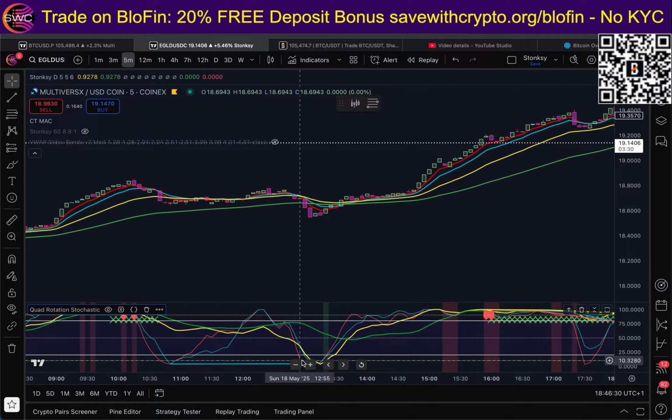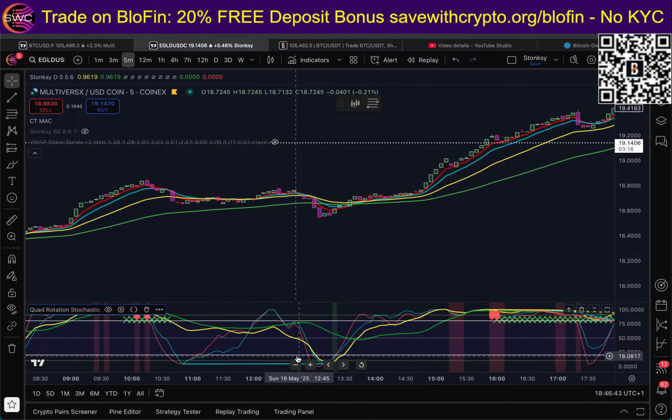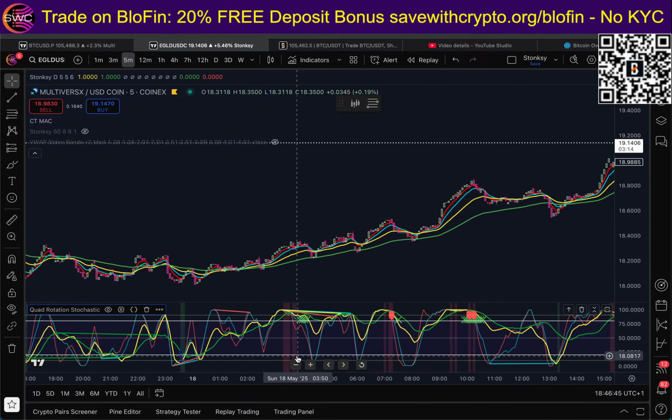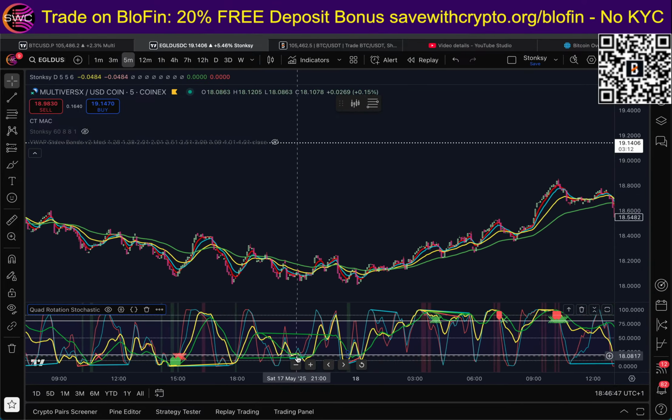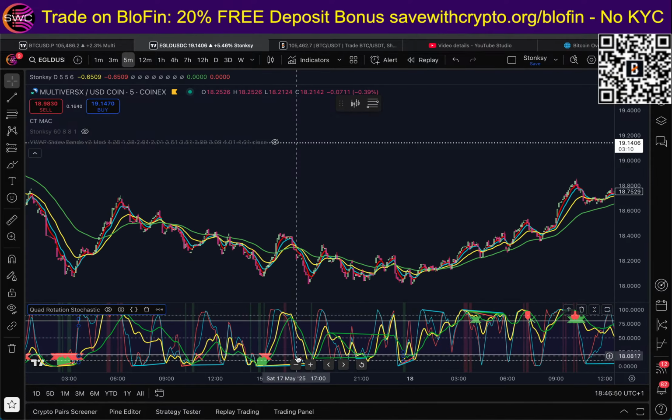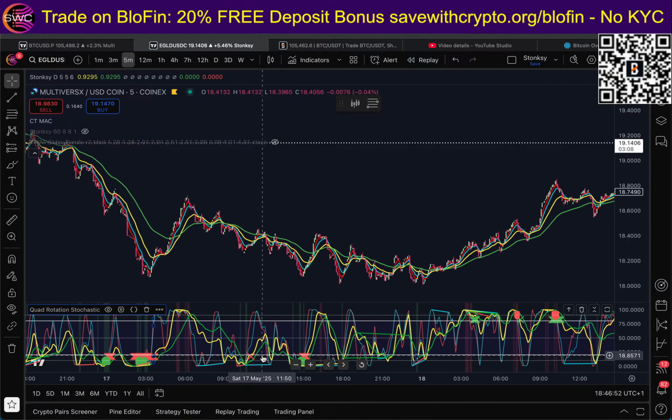So it was the cyan stochastic that was causing the bullish divergence there. If you think about it, the red one is the fastest, and then it goes cyan, yellow, and then green is the slowest. So really it's the green ones that are probably going to be more powerful but will appear less often. So that would have been,